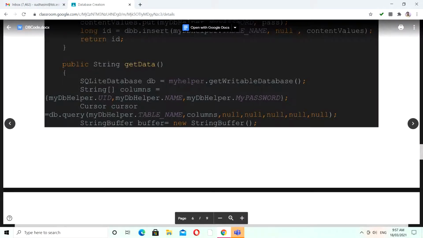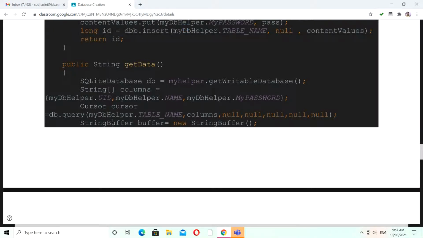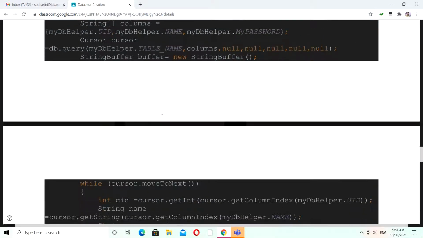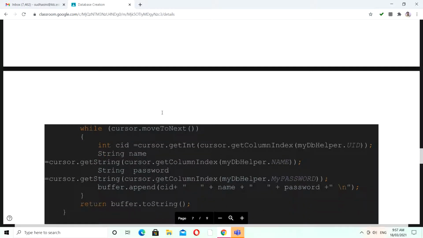Second, you have a string buffer. StringBuffer is a class, and you create the object with new StringBuffer like this. Then within your while statement you have to mention cursor dot moveToNext.